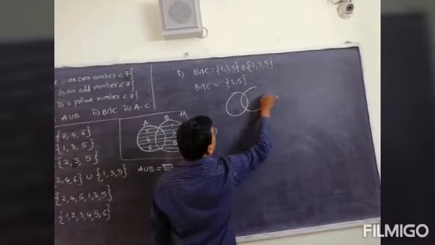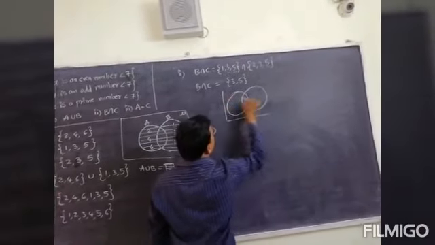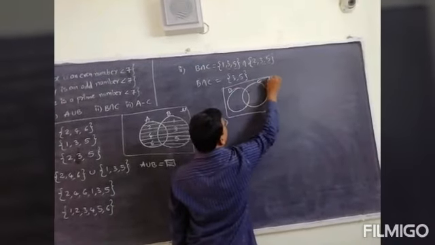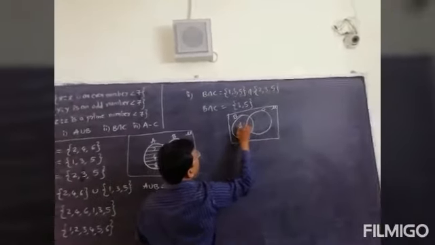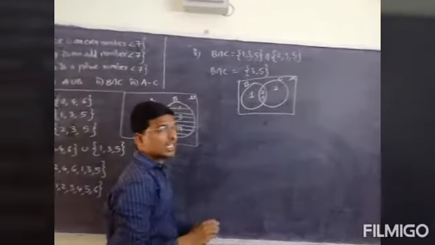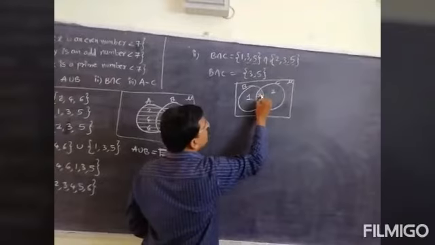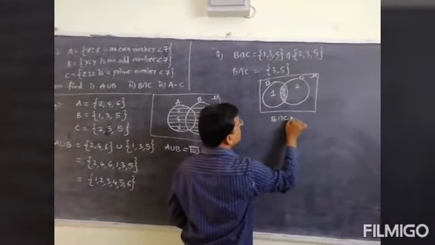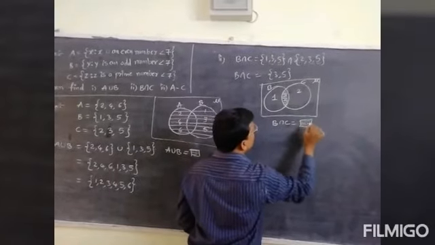You can also represent it in a Venn diagram. Set B and set C, and mu. So elements 1, 2. 3, 5 are both common, so that's why I am writing them in the common region. So shade this region. So B intersection C is equal to the common shaded region.